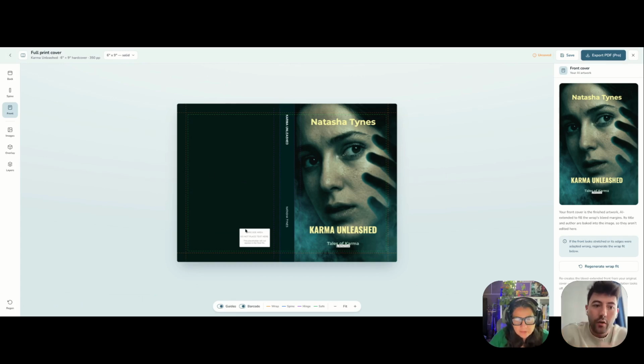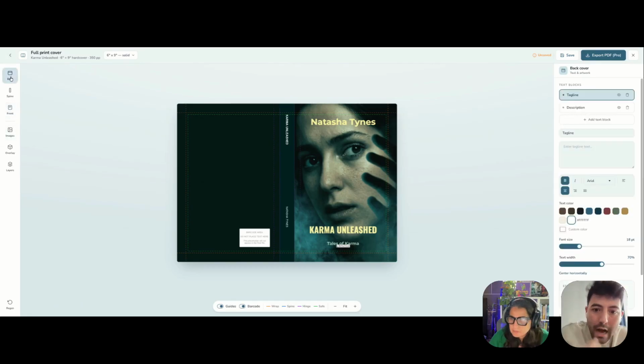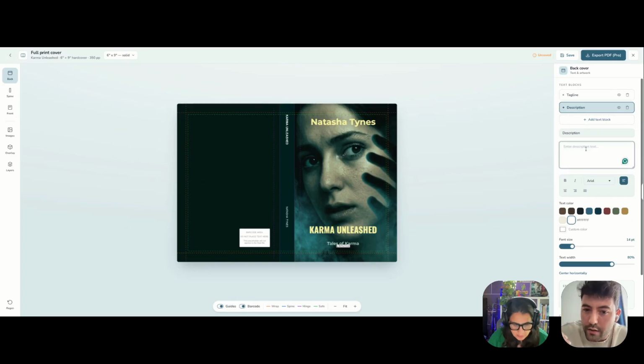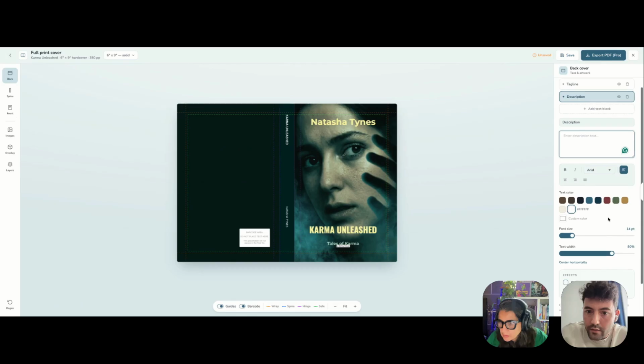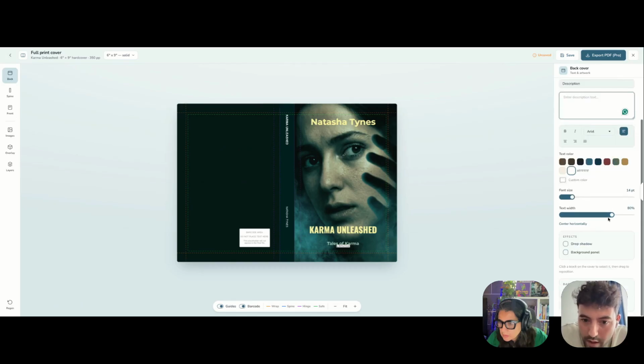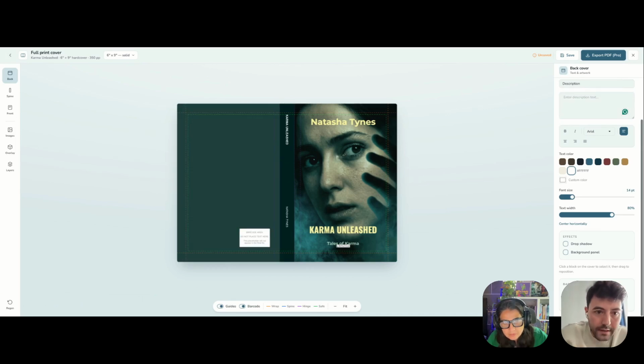So for the back cover, go on the top left, back. Now on the right side, you see colors for the font, text boxes for the text. But you said you didn't like the colors of the back cover, right? If you scroll down, at the bottom you see suggested colors based on the cover. You can select one and apply color, and the color will be applied.